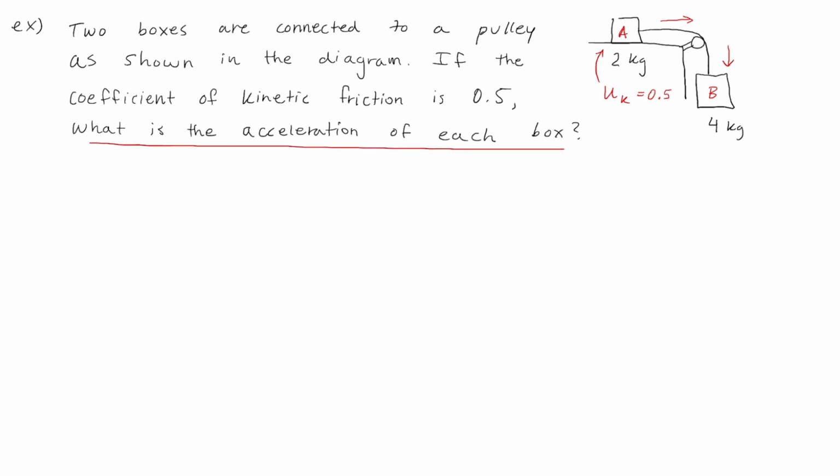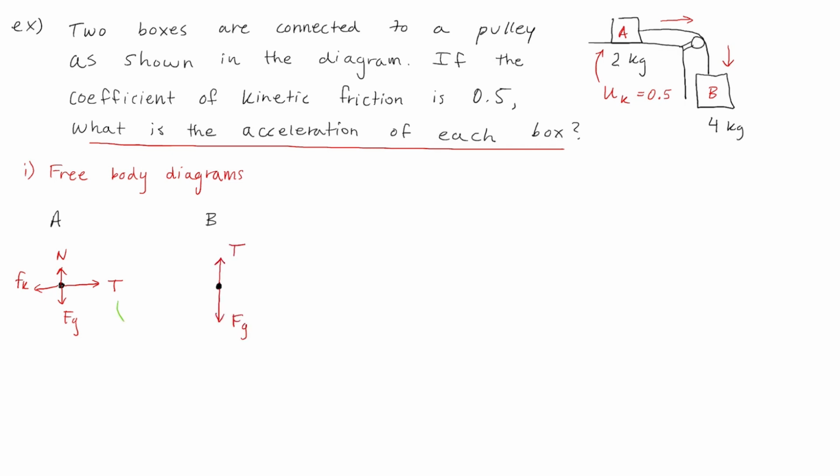of each box. Now the first thing you want to do is draw a free body diagram, and we will need two, one for box A and the other for box B. Starting with box A, we know that there will be a tension force from the rope, there will be kinetic friction, and there will be the force of gravity and the normal force. Then for box B, we will have the force of gravity, and again we will have the tension from the